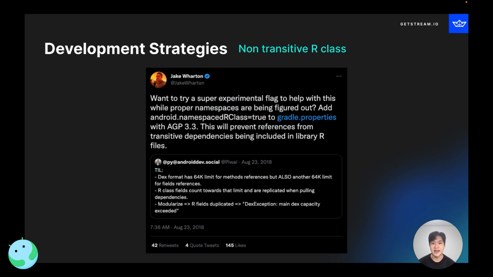For this, Jake Wharton already pointed that out and suggested a way to prevent references from transitive dependencies being included in library R files,